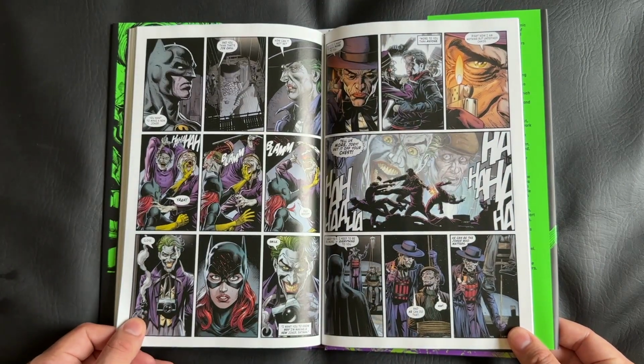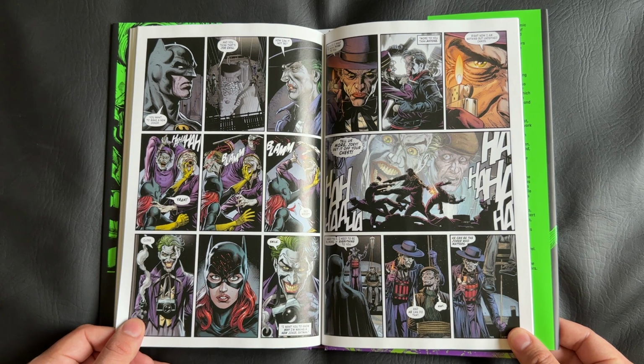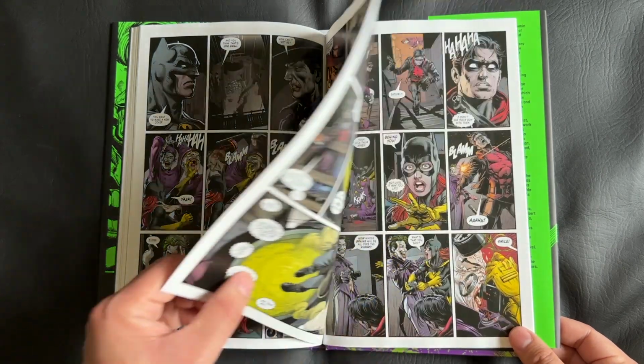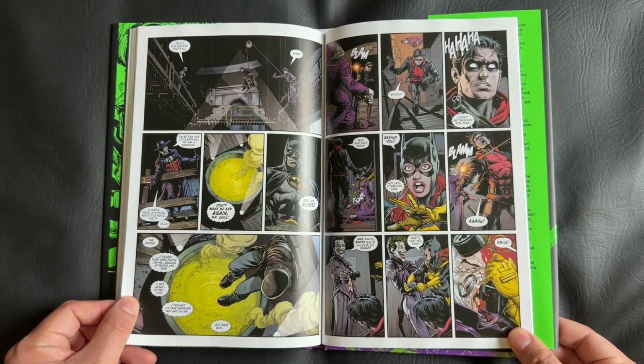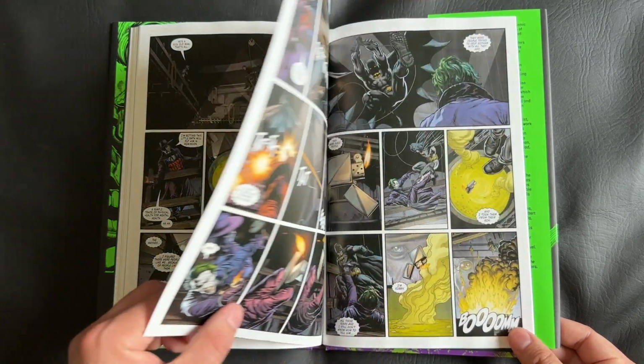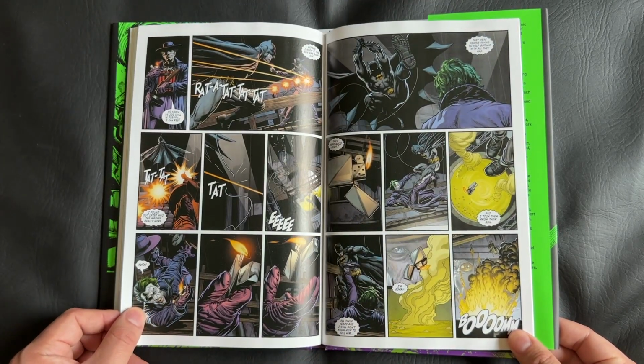Geoff Johns is just absolutely knocking it out of the park as far as the dialogue and just the overall structure of the storytelling. I really enjoyed my time with Batman: Three Jokers. It was actually better than I even hoped it would be. My only drawbacks are, again, this is a 3-issue miniseries that I think could have at least been a 6